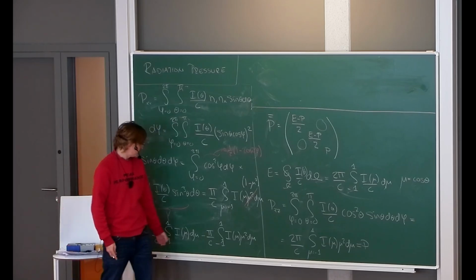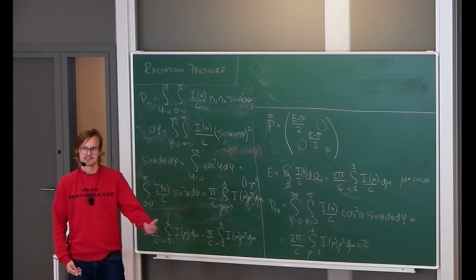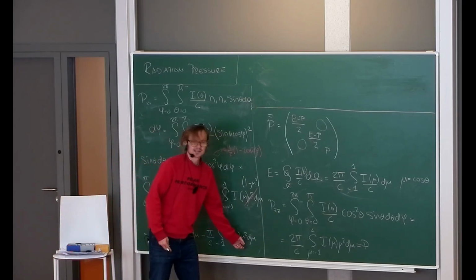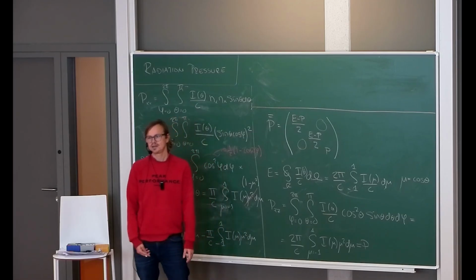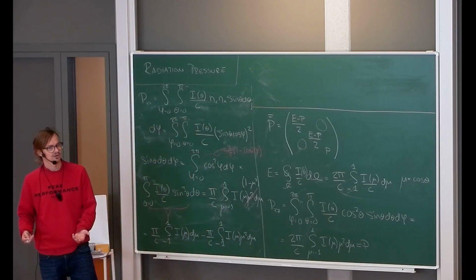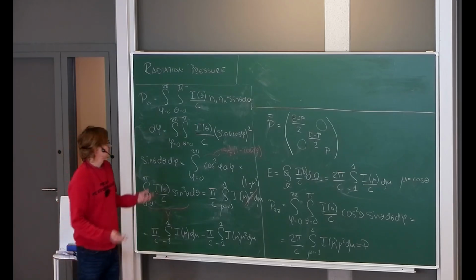When you have a first moment here, then it's a flux-like quantity. It can be the Eddington flux, it can be the flux. And you see something like a squared here, a mu squared. Then it's like a pressure-like quantity, or Eddington's K, a useful